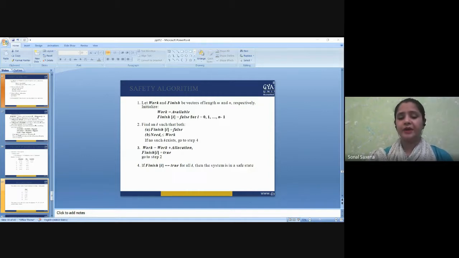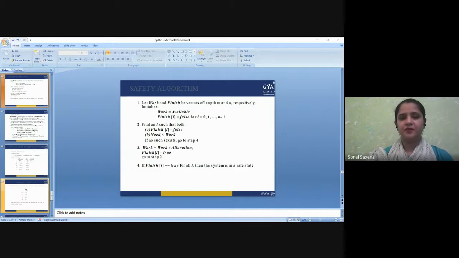Now P3 acquires 1B and 4C resources, and it will get terminated after this. So the system now has all the resources like 6A, 5B, 7C, and 6D. So because all the processes were able to terminate, this state is called a safe state. For an example of an unsafe state, consider what would happen if process 2 was holding 2 units of resource B at the beginning. So it won't be possible for that, right?